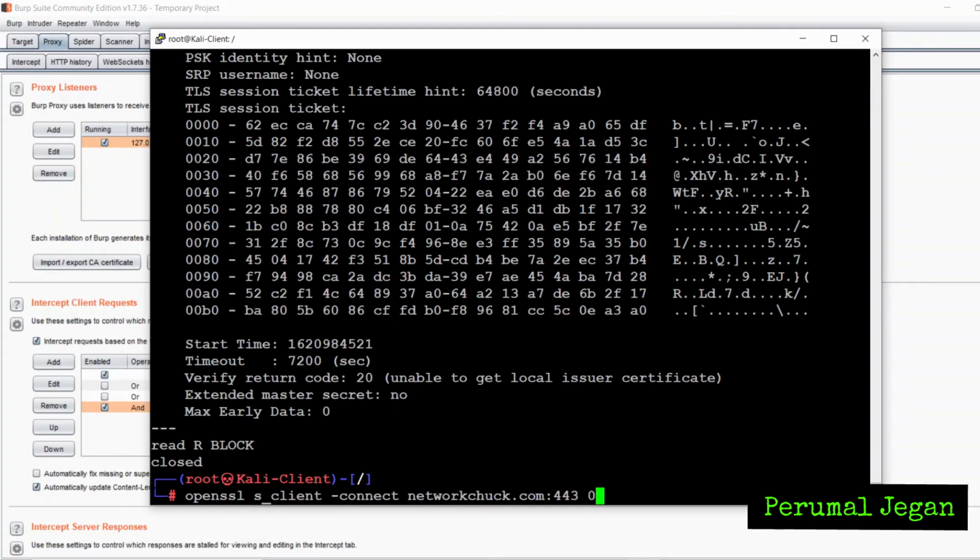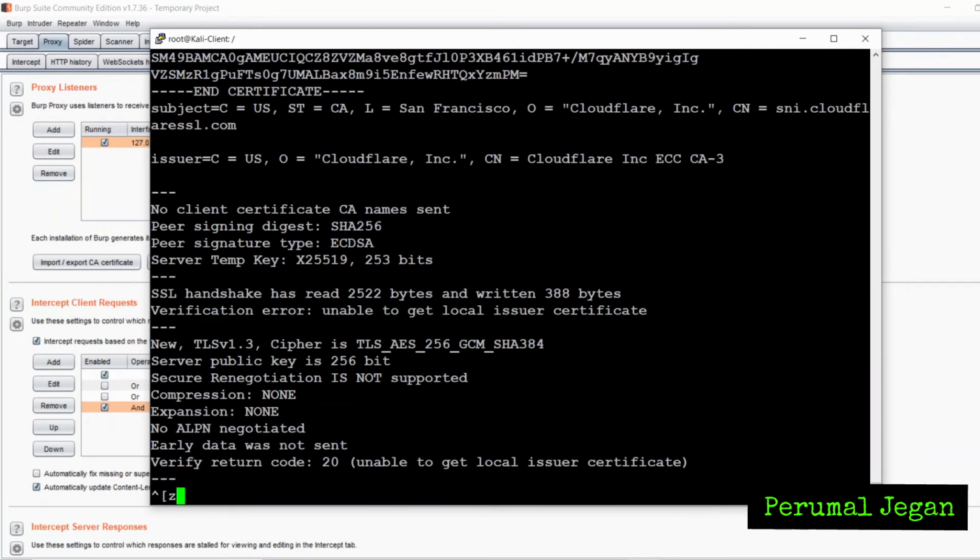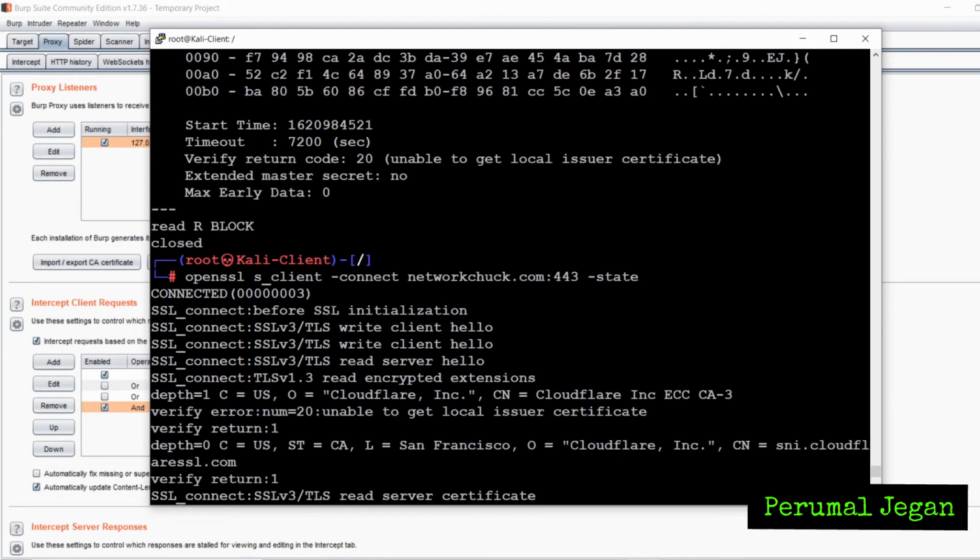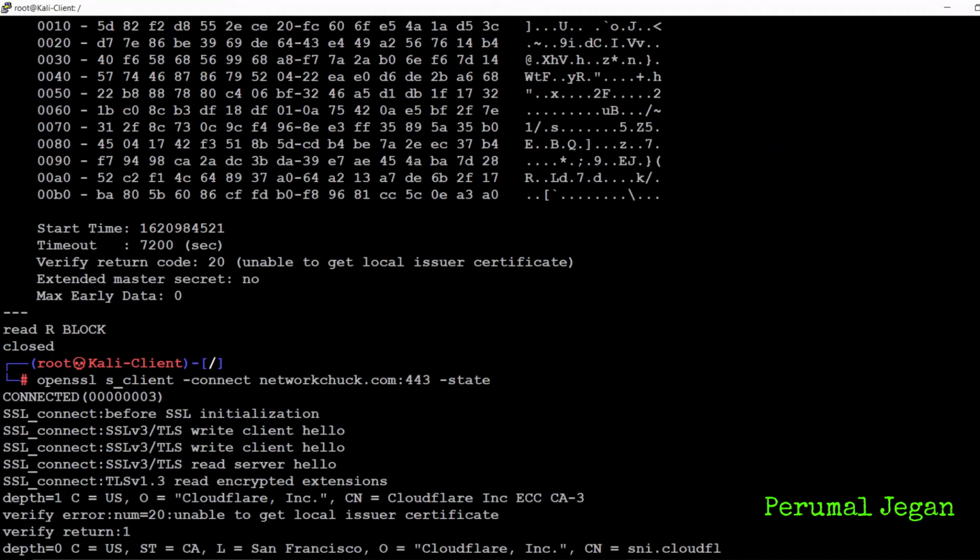For that, just give a keyword called -state. When you give the state here, it shows each and every state of the connection request and the response. Now you can see when you are trying to establish an SSL session with the web server networkchuck.com, first of all, SSL is getting initialized, and then the SSL version 3 TLS client hello message is sent. The client first sends the hello message to the server,